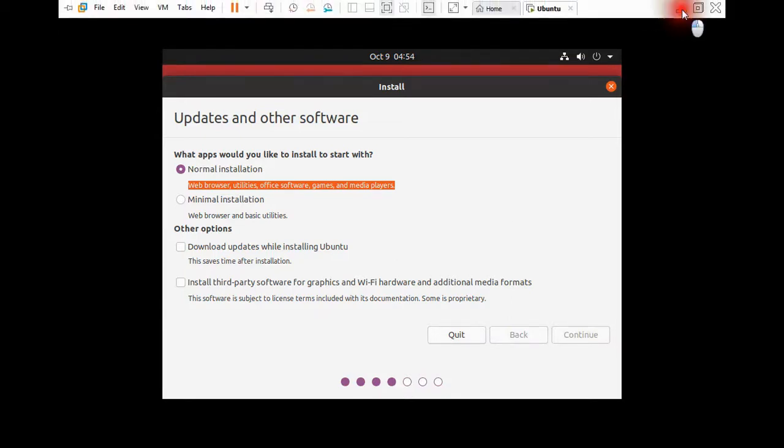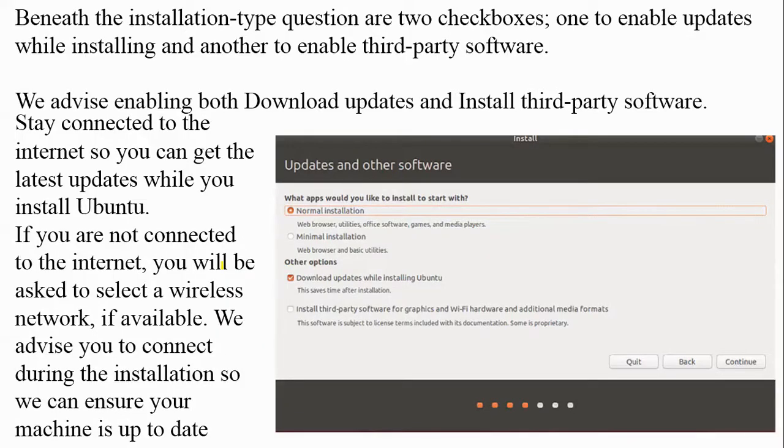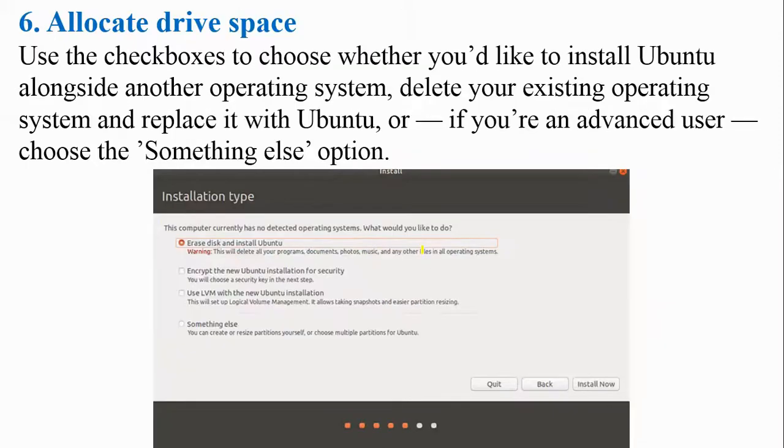So we are done with this. Okay, we saw normal installation, we saw minimal installation. Let's see next what is coming. The next one is allocate drive space. So guys, I have uploaded one separate video about